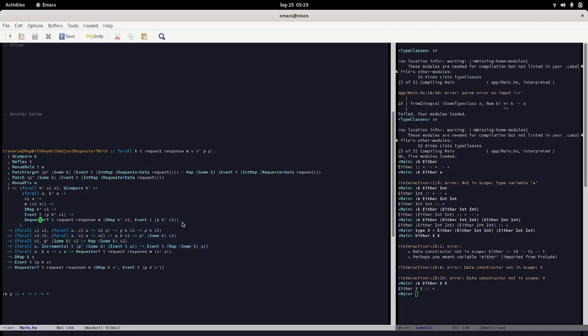Etc. And then we have here a requester t is returned, and that takes an event t, which is parameterized with a p, which is parameterized with k prime and v1. Another argument to make this requester t of a DMAP KV1, another argument of M, which is parameterized with V2, which is parameterized with A. And so, working back outwards, if you prefer that, V2 is fully applied and then is an argument to M. And then we have another V1A, and then we have a last KA,